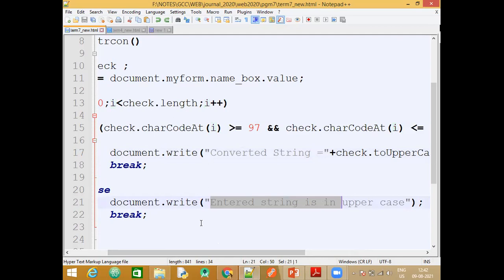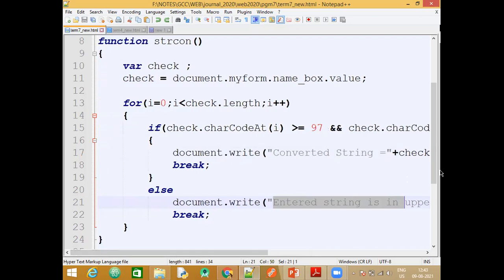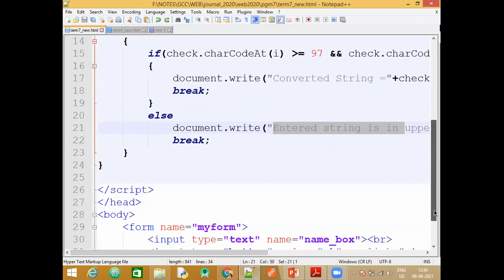So you can add more else blocks here, and you can check only if the first letter is in uppercase. If I entered randomly one uppercase, one lowercase, it still was telling me that it is in uppercase. Or if I enter digits, it is telling me the string is in uppercase. So all the rest of the implementations you can have in the else block. So this much only is the program.